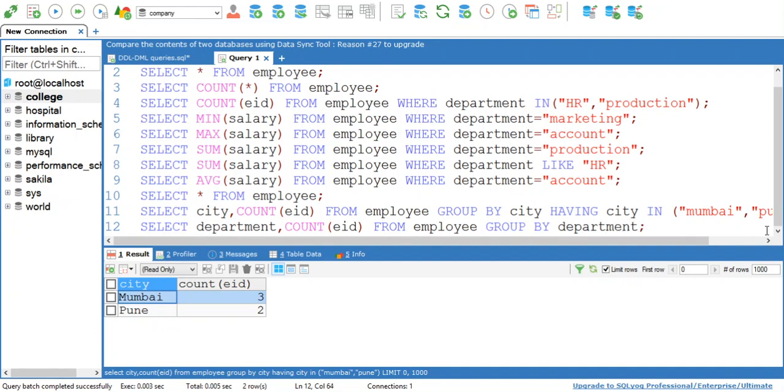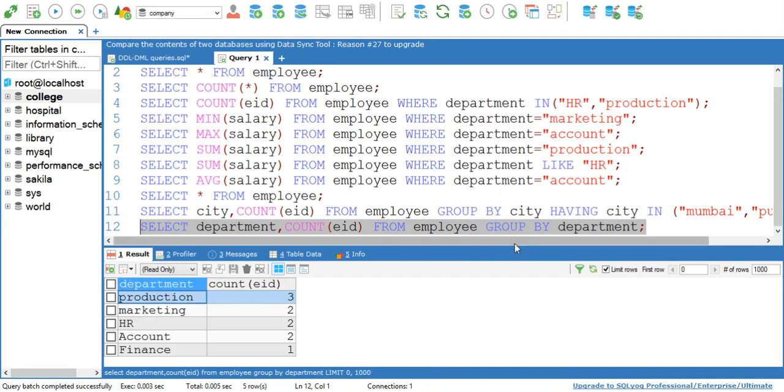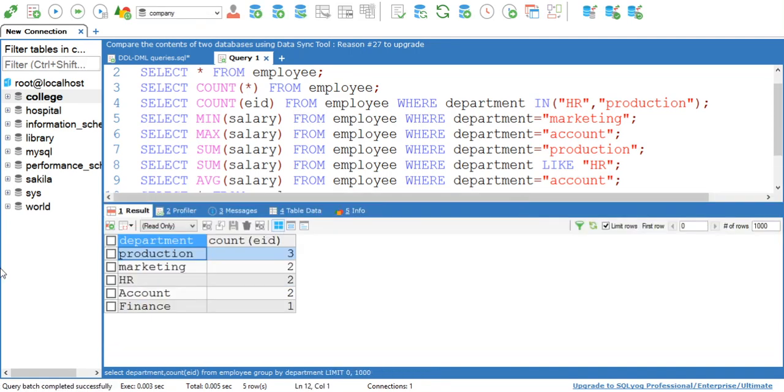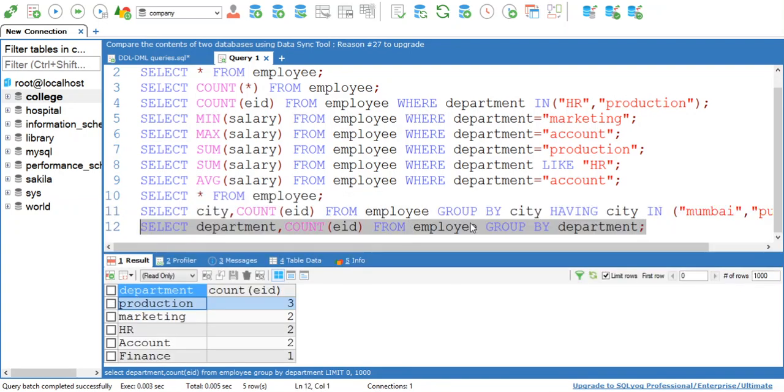Select this query and execute it. At the output you can verify the effect of query. Here your output is department name and number of employees in each department. In production department there are 3 employees, in marketing there are 2 employees, 2 employees are there in HR department, in account department there are 2 employees, and 1 employee is there in finance department. So this is how you can group your data by using group by clause.